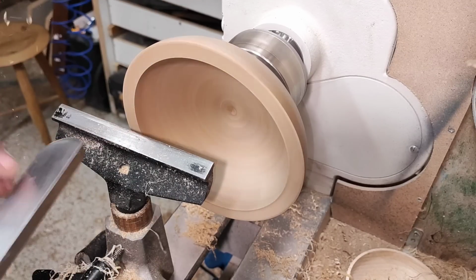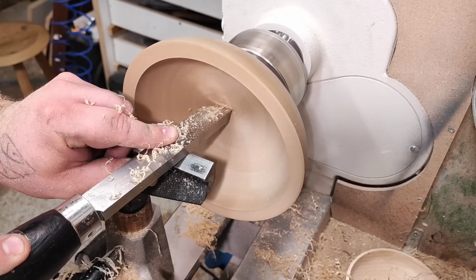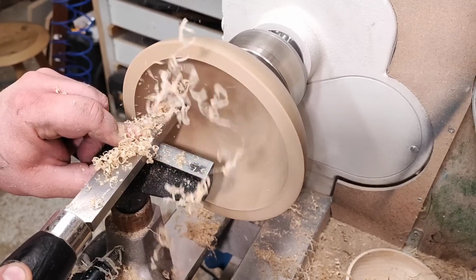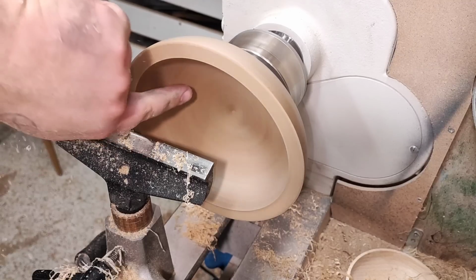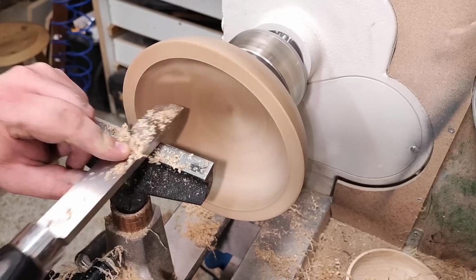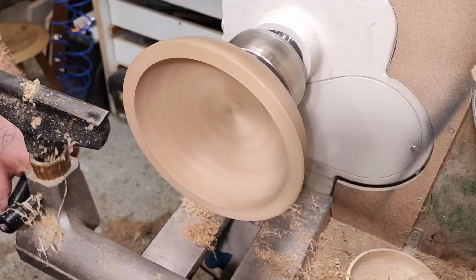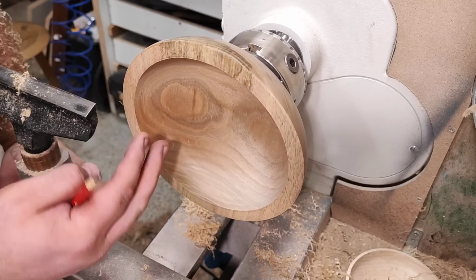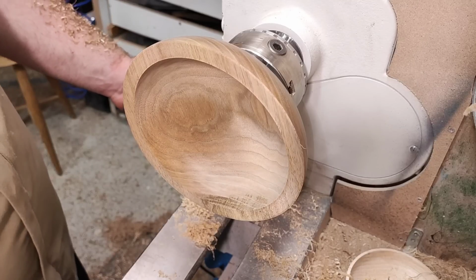So that's the rim done, and now I can blend all this, and that looks quite good. A little hump here, and light touch. With the standard scraper, everything is a really light touch. You don't want to push real hard into the wood. So again, that's the best you can have on this particular timber here. And if I sand it real quick with 180 grit,